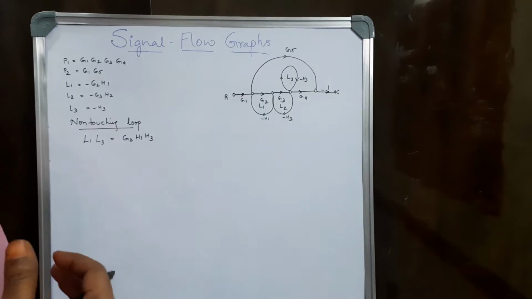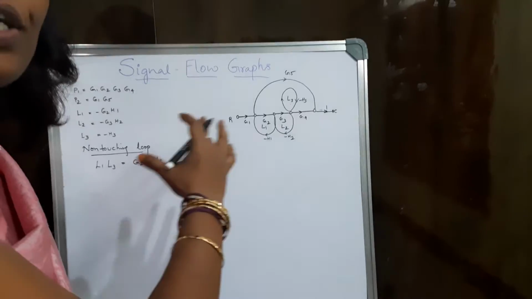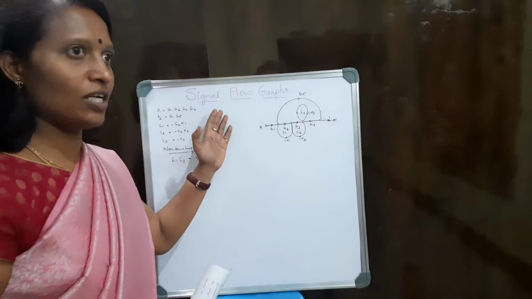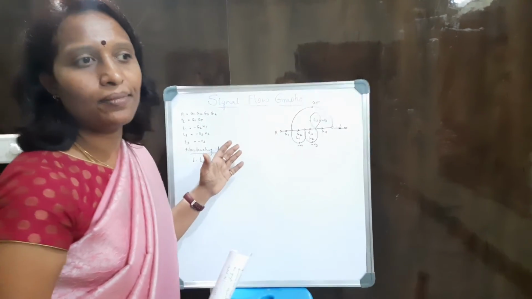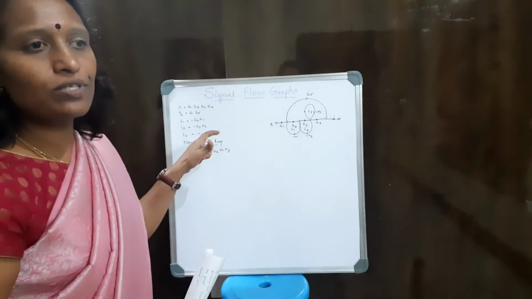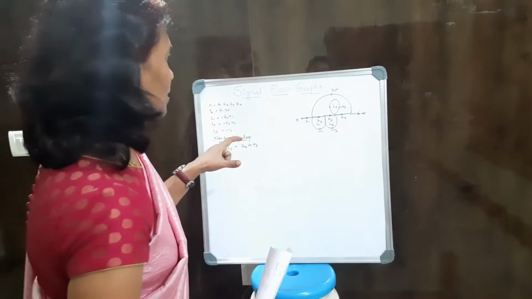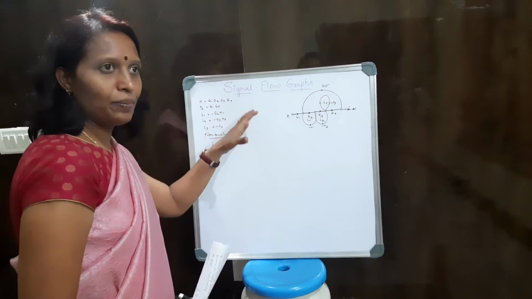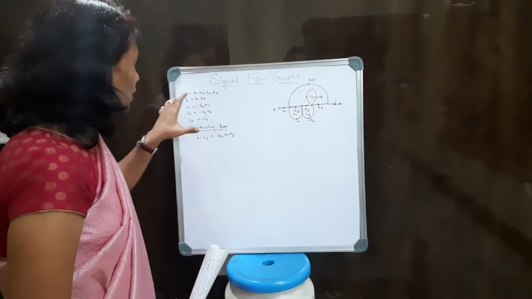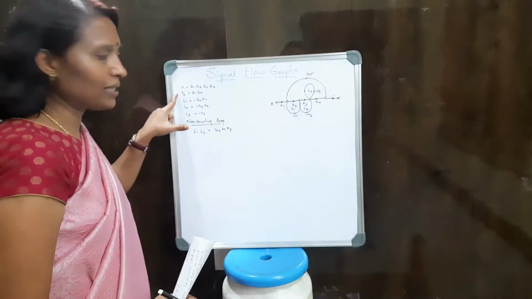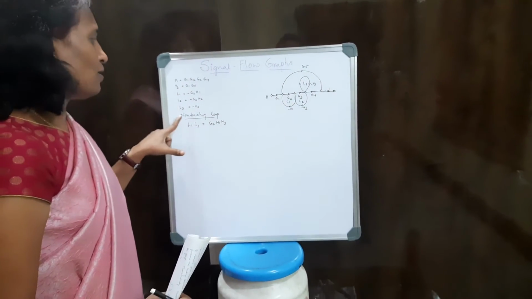So these are a few definitions which we need to know in case of signal flow graph, just like we had some techniques which we used in block diagram reduction technique. So I repeat here, in signal flow graph we need to know about forward path gain, loop gain, non-touching